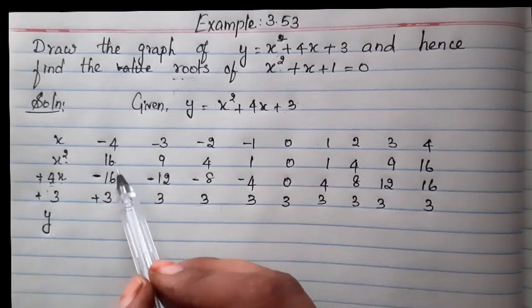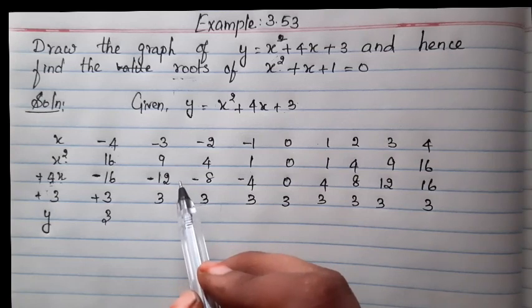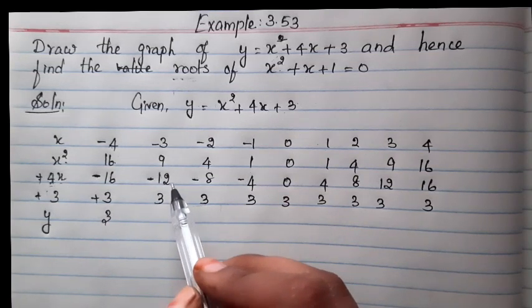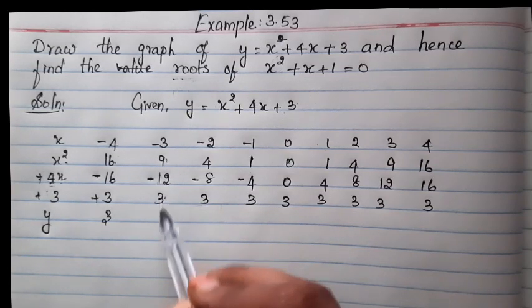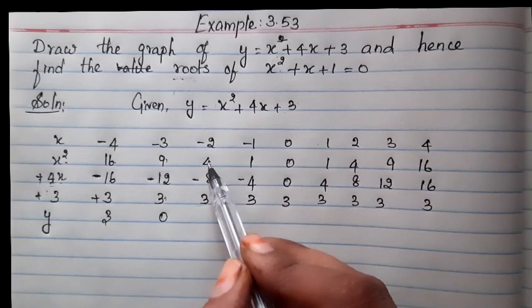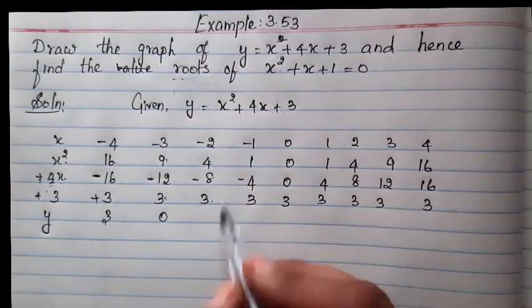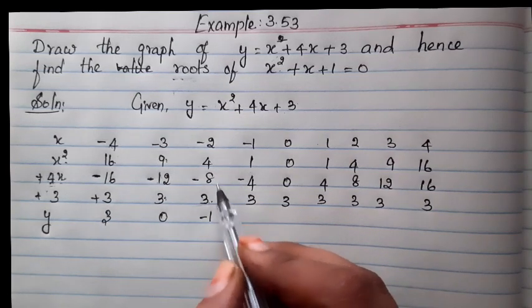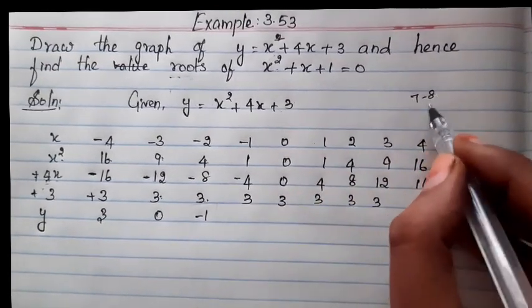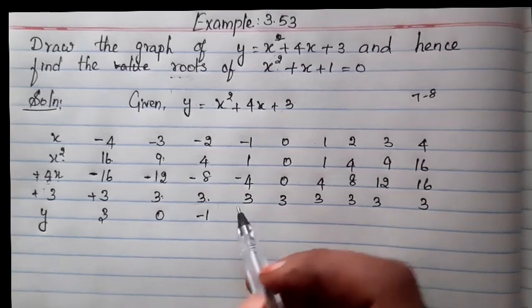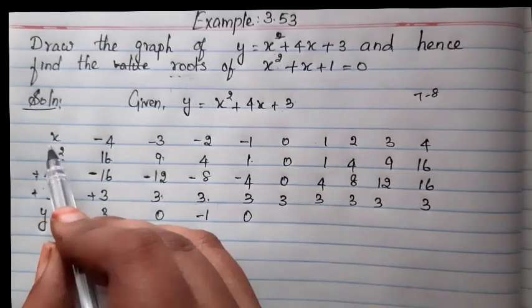See, plus 16 and minus 16 get cancelled. Remaining there is 3. Just we can write 3. Next, what you have to do is just you can add the same sign, subtract from the opposite sign. So here both same sign. Add it, you will get 12. So 12 minus 12, you will get 0. Then here 4 and 3. 4 plus 3, 7. So minus 8 plus 7, you will get minus 1. So if you get confused, just you can rewrite aside like 4 plus 3 is 7 you got. Then minus 8, what will you get? Minus 1. Okay. Then 1 plus 3, 4. 4 minus 4, 0.